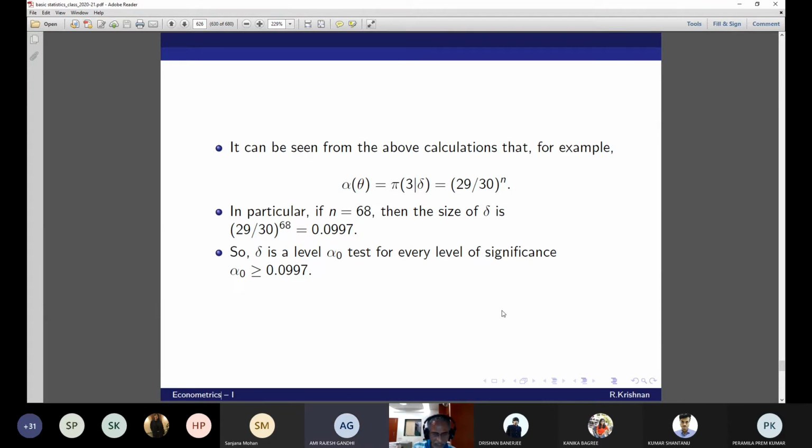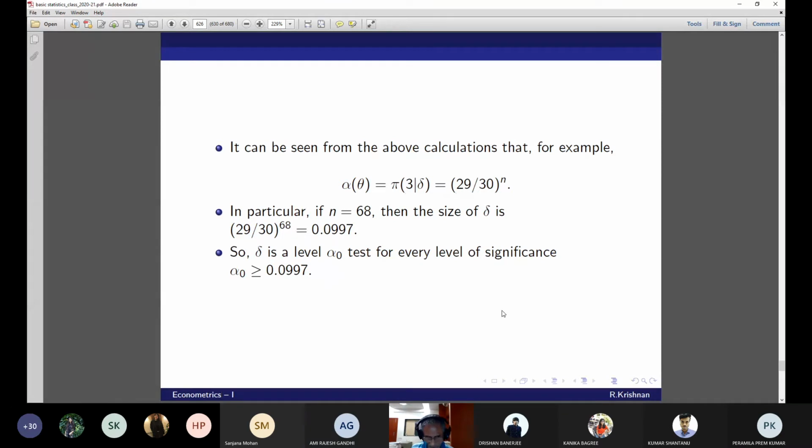So could you repeat the last sentence? Instead of fixing it to be 1% and 5% for any test, with this exercise what we are trying to do is decide what should be the level of significance. Instead of fixing it to be 1%, we are going to statistically decide what should be the level of significance for a given test procedure. Given the power function, we decide what should be the level of significance. Now that you want it in simple English, this is what is being done here.